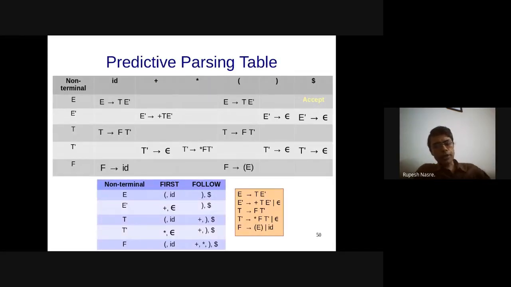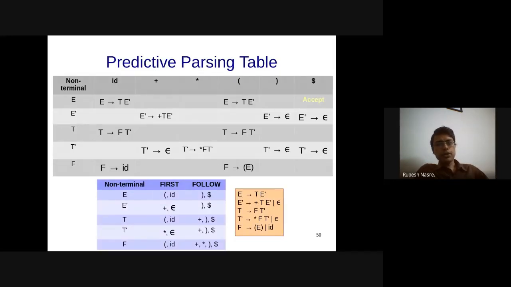We were here in the predictive parsing table. We are in the context of parsing, looking at top-down parsing. Given a grammar for a language, we constructed the first and the follow sets. Using them, we constructed a parsing table, and in that we identified what productions to apply whenever you are recursively descending into a particular non-terminal, when we see a particular terminal coming in.